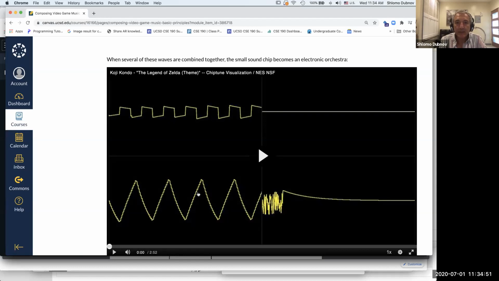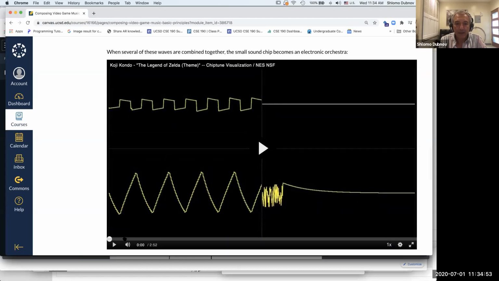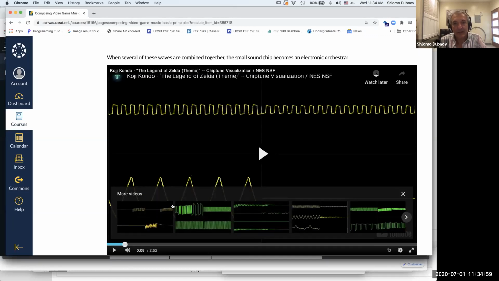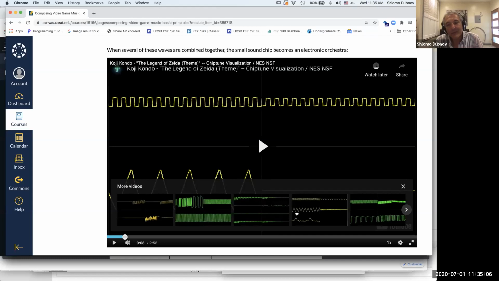This one goes a little bit more in depth to talk about the specific waveforms of the Nintendo, and uses Koji Kondo's Legend of Zelda as an example. I think once you see this synthesized with these very basic waveforms, you see how each waveform tries to capture different aspects of music. We spoke about the chords and the melodies.